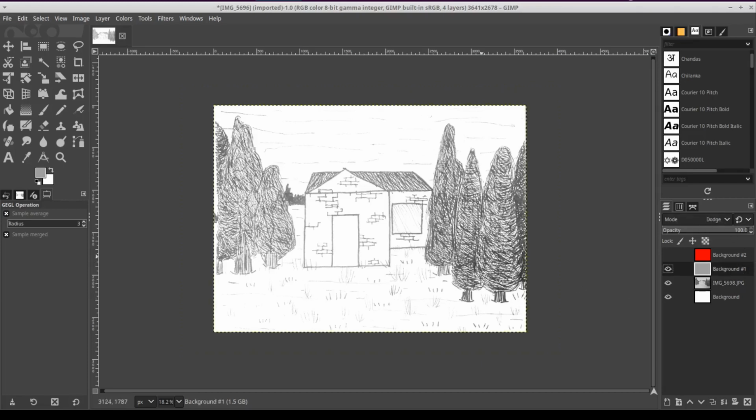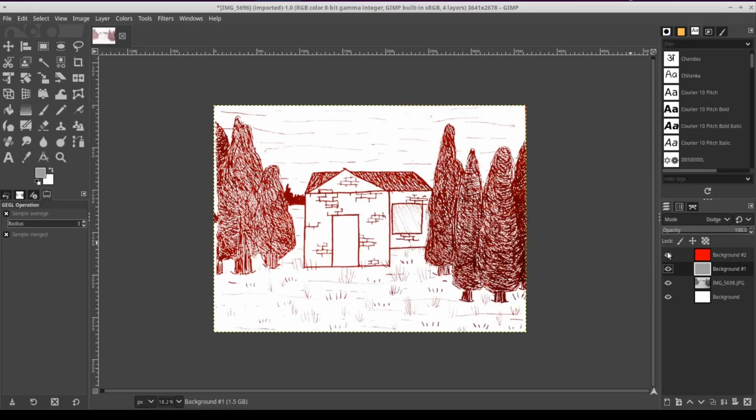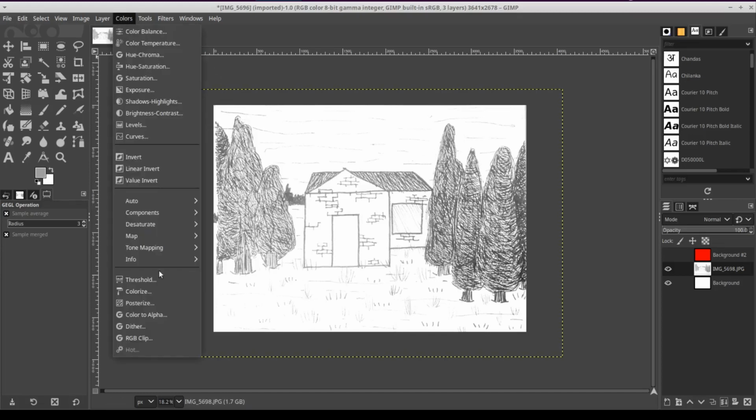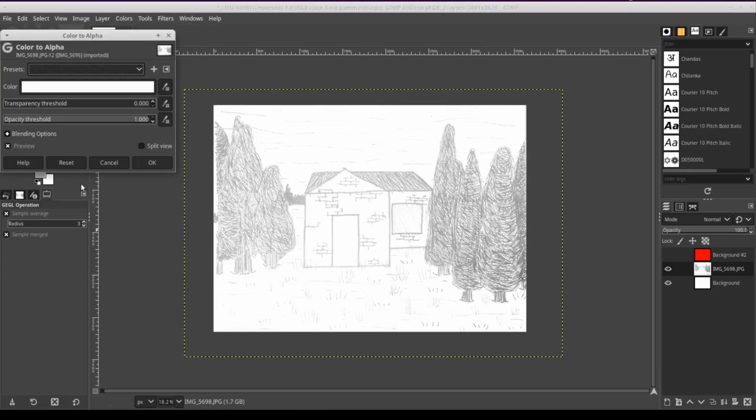And what we're going to do to fix just how light it is, we're going to take this layer and we're going to combine it with the original drawing so that it will now look like this. And like I said, it's not super great. It's very, very light gray, the lines are. So in that case, what we're going to do is basically turn all of the white colors to transparency.